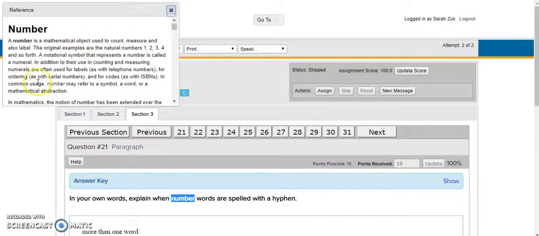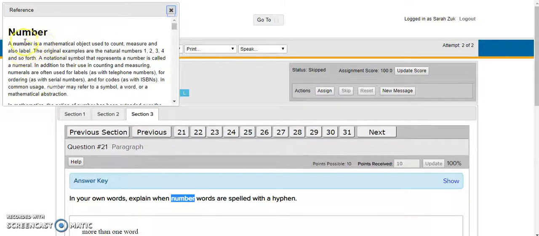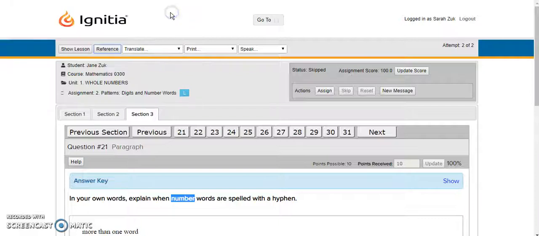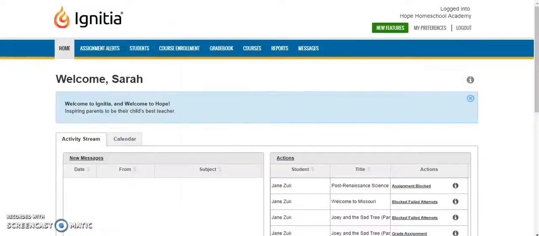This tells me all I need to know about numbers. And if it's something that you can just real simply read real quick and send your student a message reminding them what a number is, that's great. However, sometimes it gets really detailed and it explains it in a way that I don't understand it well enough to teach it. So what I'm going to do instead is I'm going to go to this other tab that